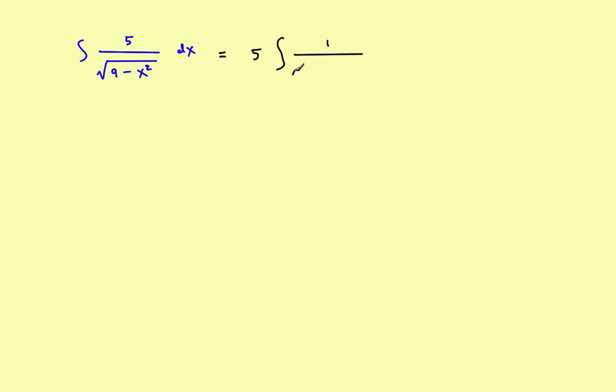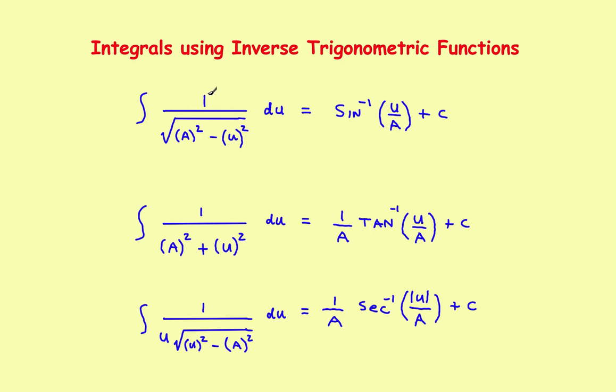1 over the square root of, and the trick to these problems is this. You need something squared minus something squared. So rather than writing a 9, go ahead and write a 3 squared. Then rather than an x, go ahead and write an x in parentheses squared. Then you've got a dx. Okay, so what that does, you've changed it now into this form, and you want to make it agree with this rule. So you've got the integral of 1 over something squared minus something squared, and it agrees with this